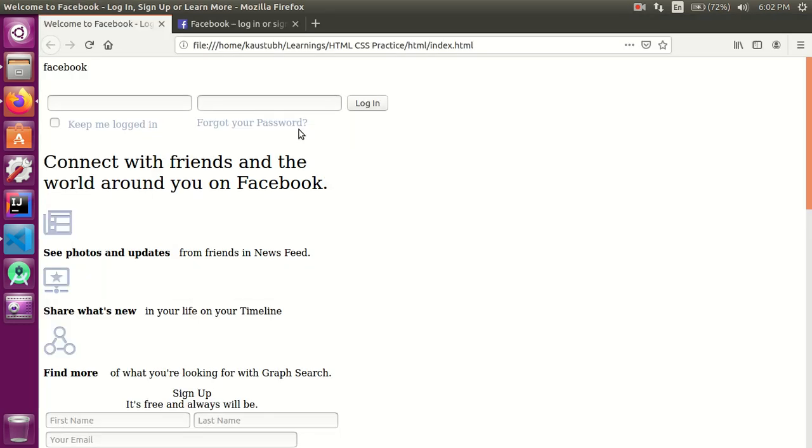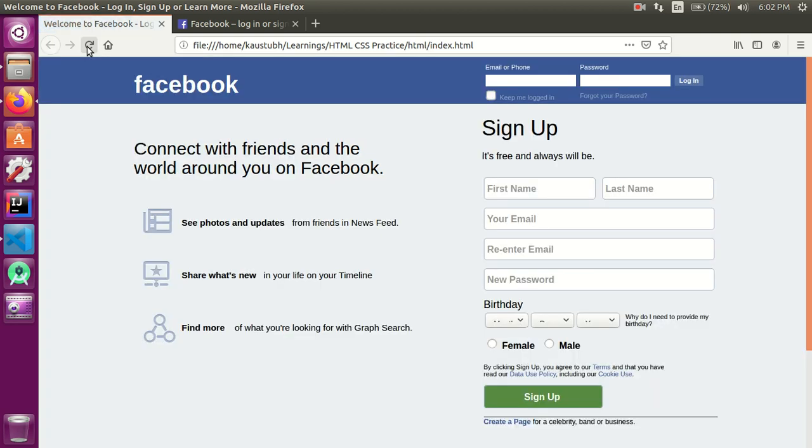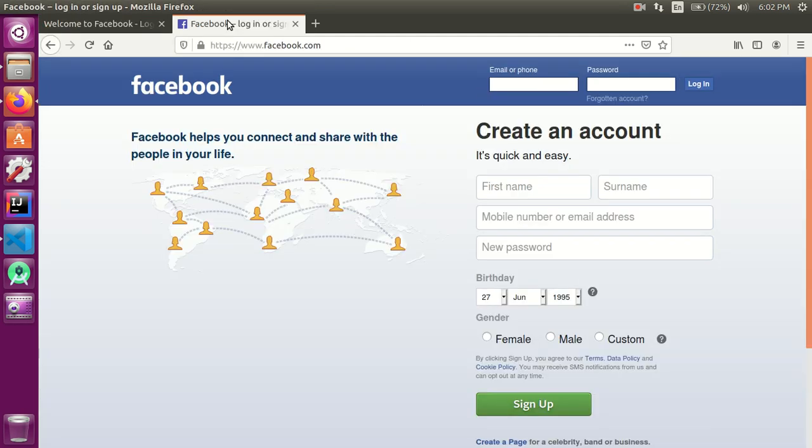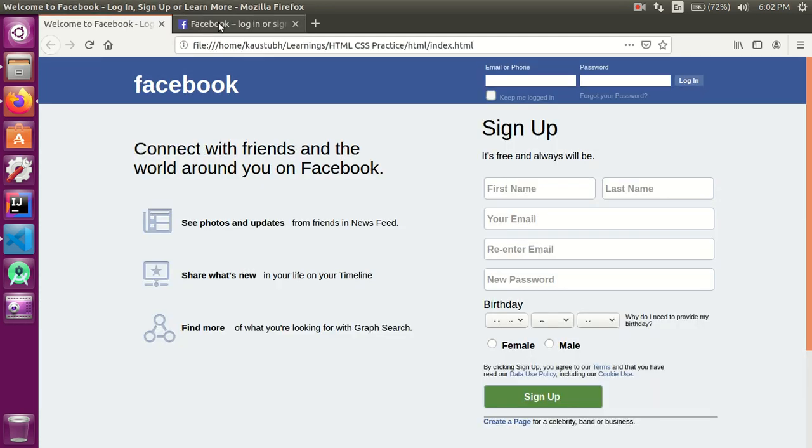Now let us refresh our page and see what difference it makes. Oh wow, that is superb. So you can see actually HTML is content, it's pure content. The words that are written here, the form that is made here, the tags and everything else is HTML, and all the styling is CSS. Now if we compare, we can find it, yes, somewhat up and down, but the rest is the same.